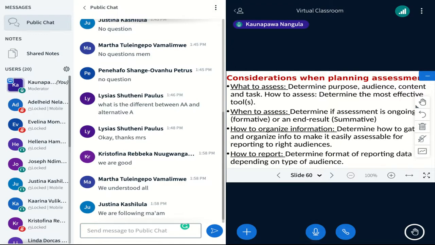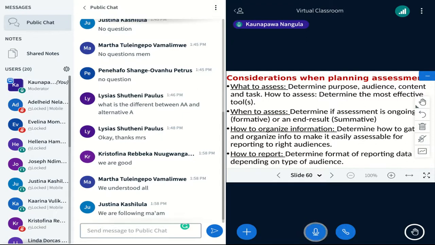You can enter, let's say, formulas to add up or multiply. Do you understand? The results of all the students, and then you drag the column, and it gives you the answers. All right, it gives you all the results, the marks that the learners have attained. And next, how to organize. And then next, how to report.